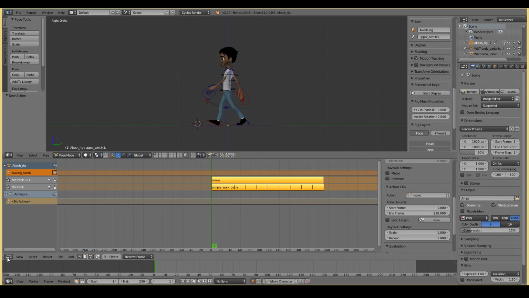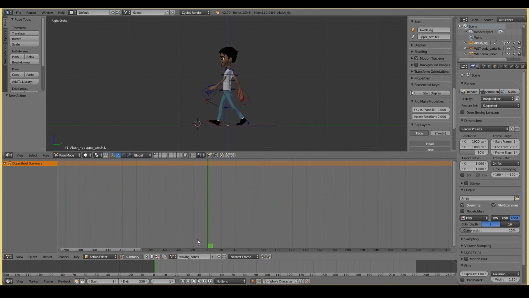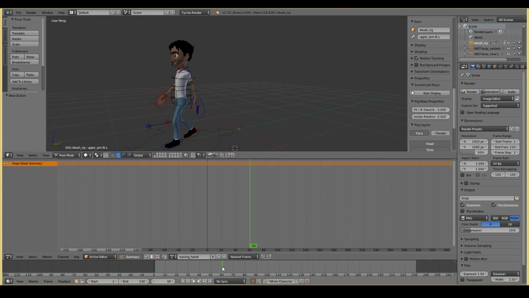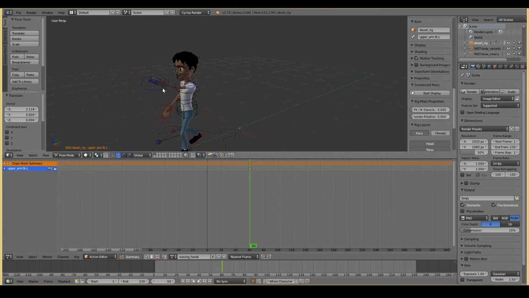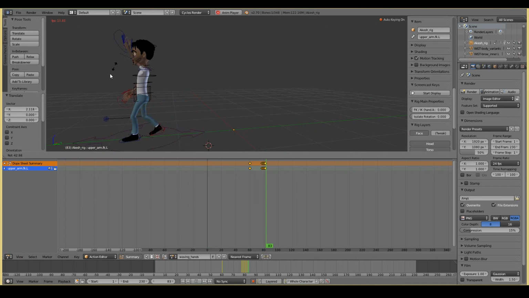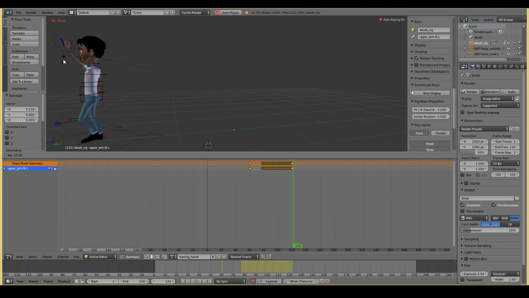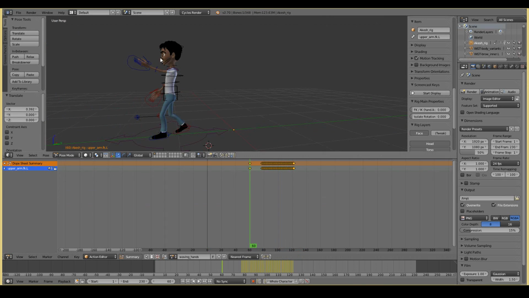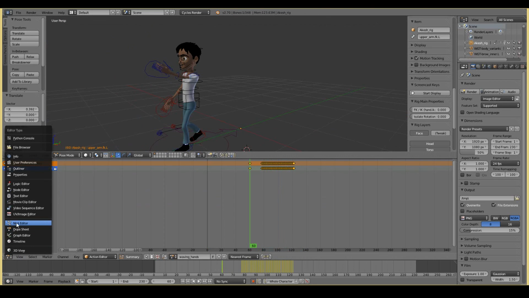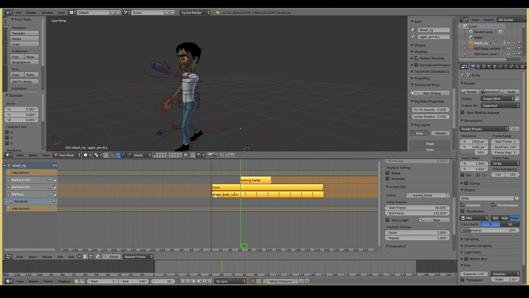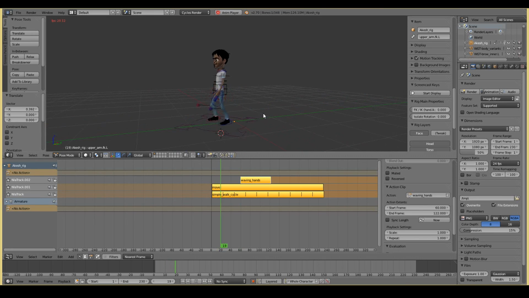So for example, if I go in here, and at frame 60 I wanted to wave his hand like so. I'm just going to do a quick wave like hello. That's a horrible animation, I know. Okay, so you have your waving hand animation like that. Then if I go into the NLA editor and enable that, now look at the hands. If I play back the animation, you'll notice that the hands sway from side to side, and suddenly it's waving.